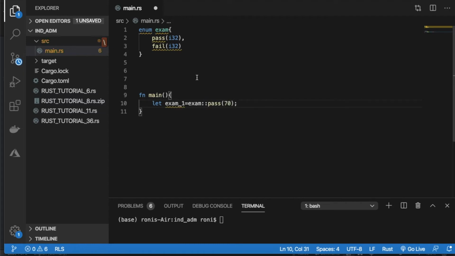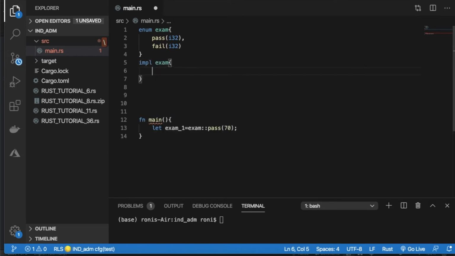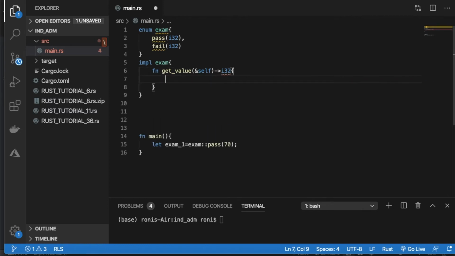Okay, that's it. Now we'll create an enum method using the impl keyword. It will be impl, and after that we use the same name, and inside we define a function, let's say get_value, which is going to give the value, and we use &self. Here the main thing is the return: it is going to return i32, meaning an integer of type i32 will be returned.